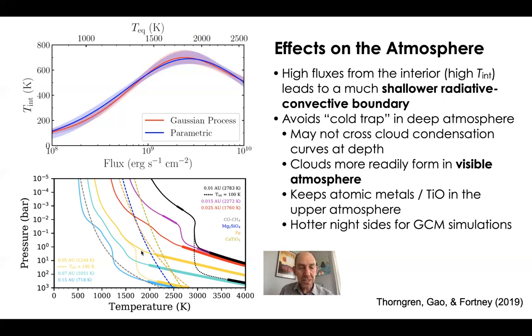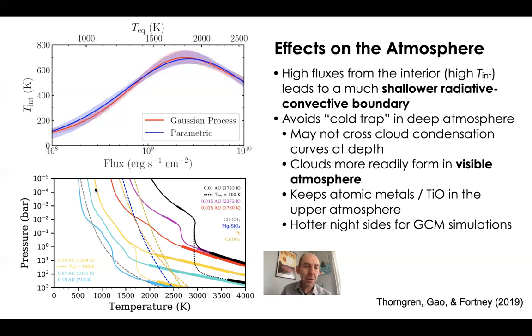In yellow, for instance, this is a generic hot Jupiter of around 1300 degrees. If you expect the planet's interior to be about as hot as Jupiter, you would expect this radiative convective boundary to be down here at about 1000 degrees. If instead, for this particular 1300 degree planet, we read off that the T-int should be about 500 degrees, a model with a T-int of 500 degrees would be the solid yellow curve here that has a much hotter deep